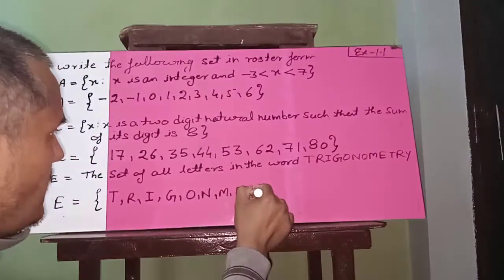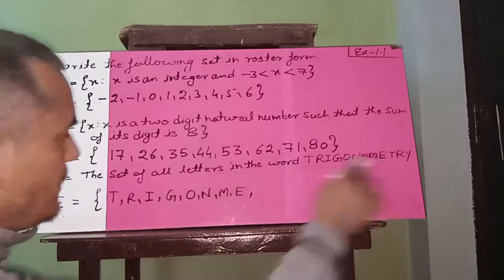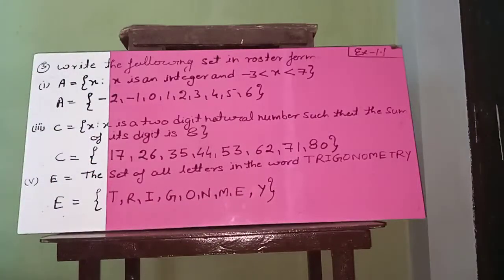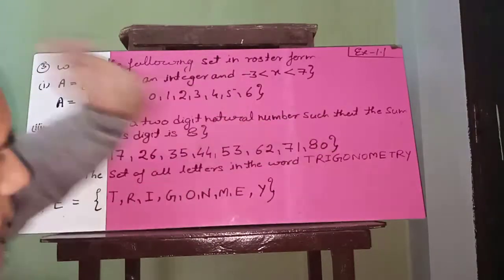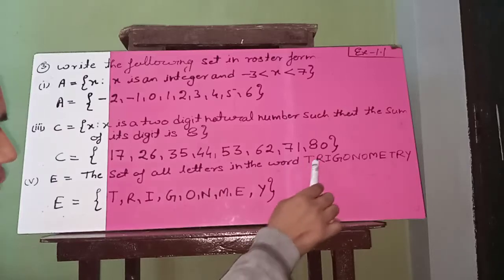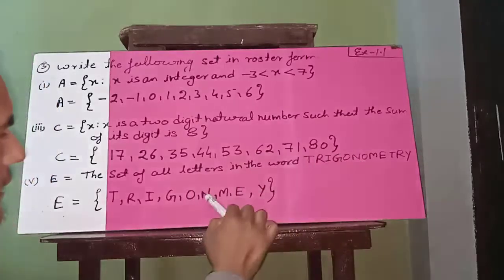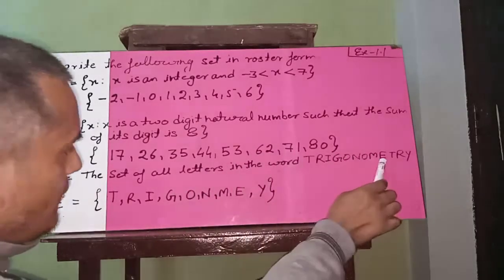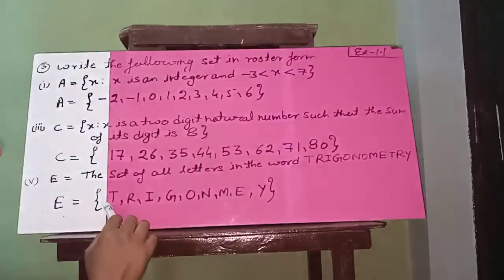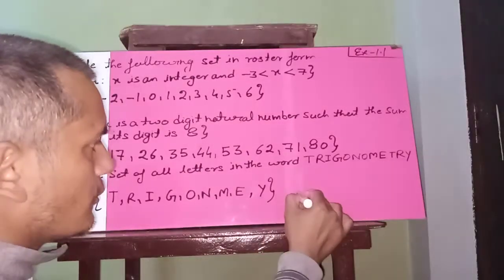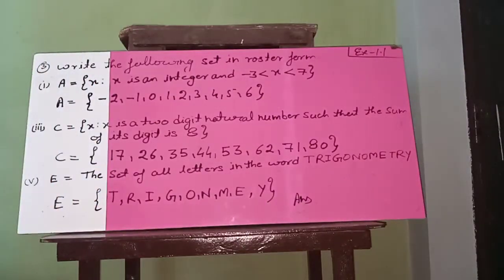Okay, next is R. You have already written R, that is a repeating term. So next is Y. So that is the set of all letters in the word trigonometry. Look, all your letters have come: T has come, R, I, G, O, N, O is here, E, T, R, and here is Y. Very easy. So make question number third. Okay, after that we take question number fourth and the remaining parts you make.